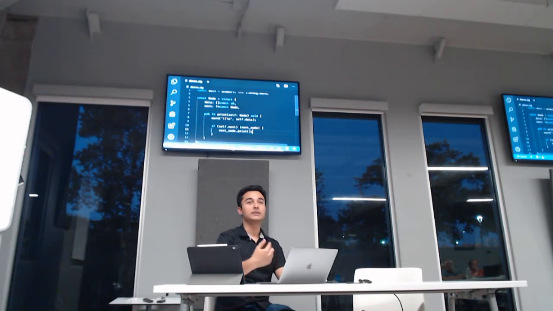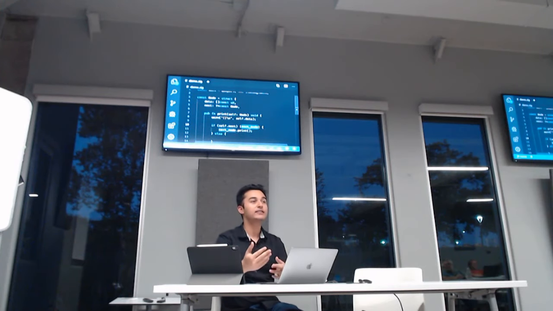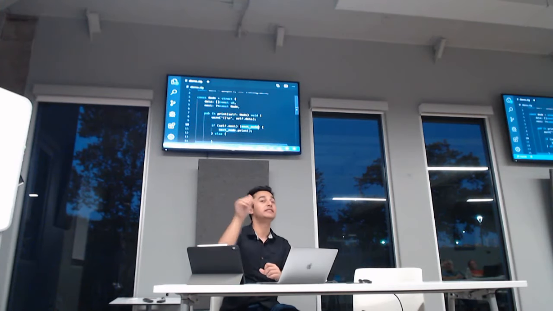So if this was a null pointer, it would probably call an else block. Without extracting it this way, without introducing next node, there is no way to even reference that pointer.